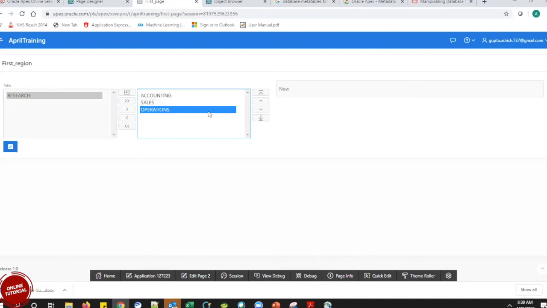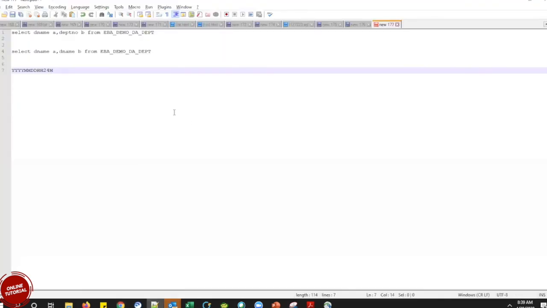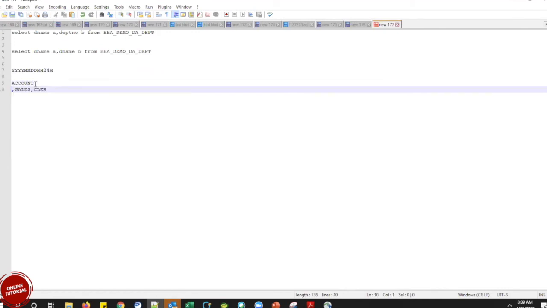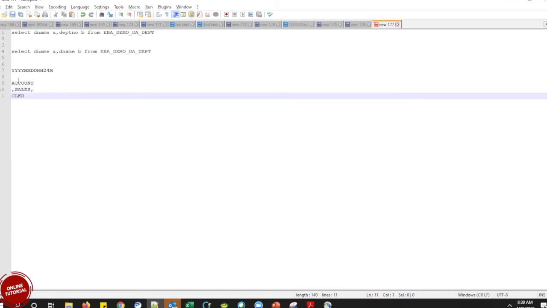And when these kind of values go and insert in the database, it would be something like this. It would be like accounting, then comma, sales, comma, clerk. It is not like we are going to create a new row for each value.